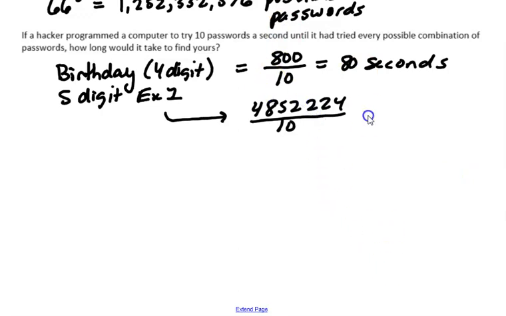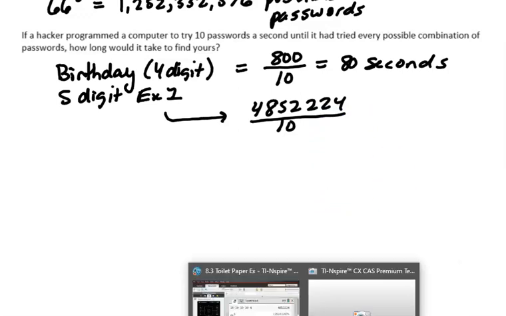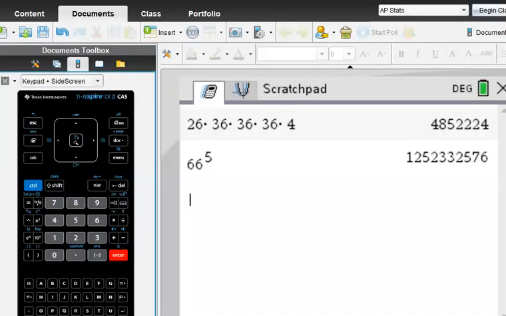But that's a lot of seconds, so I'm going to put this into minutes, hours, and so forth. So let's put in this top number here, and I'm going to divide it by 10, first of all. And I get 485,222